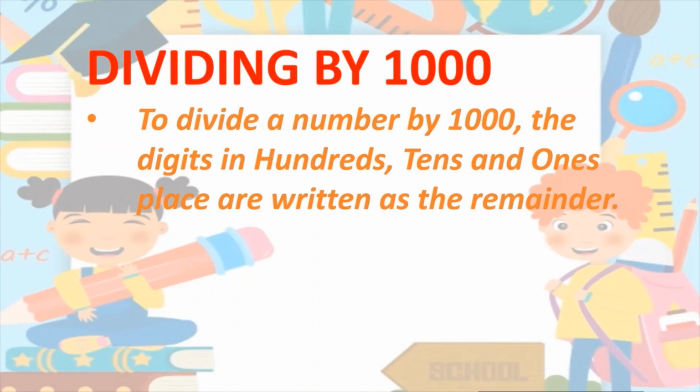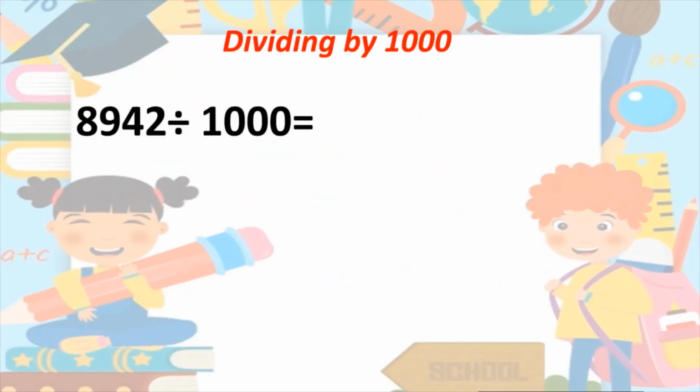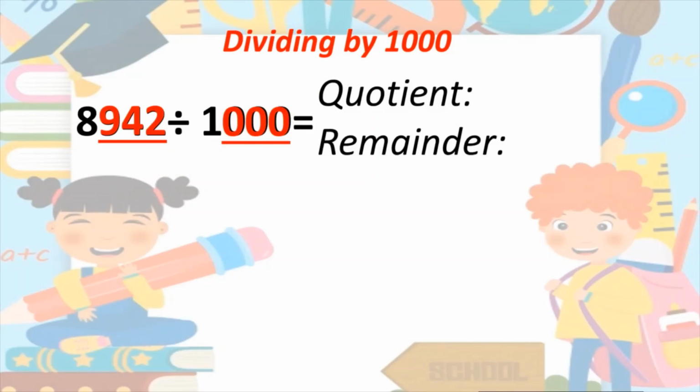Dividing by 1000. So when we divide a number by 1000, the digits in the hundreds, tens and ones place are written as remainder. The rest of the digits form the quotient. So the first number here is 8942